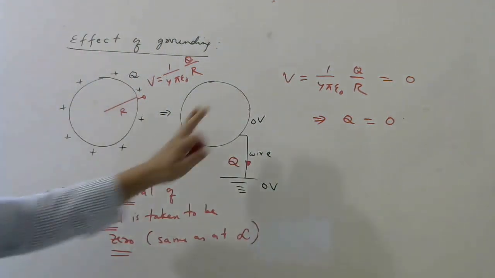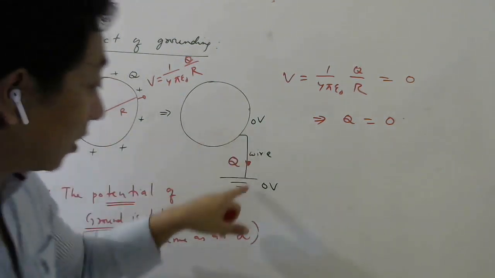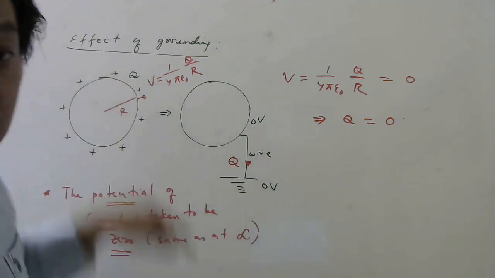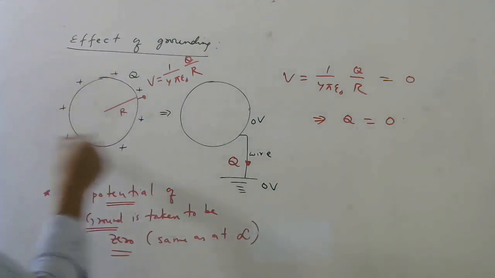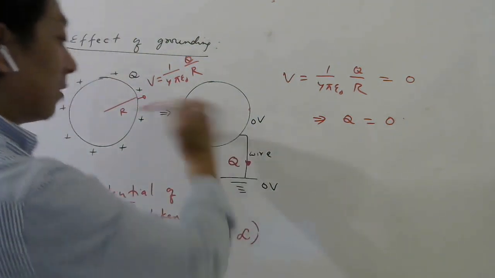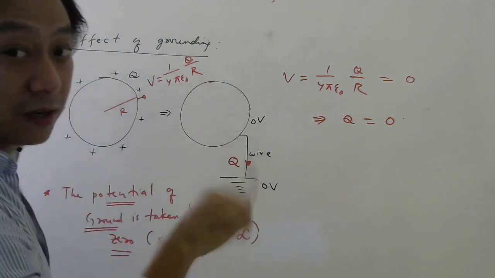Okay, so this is something very interesting, right? If you have a sphere whose charge is q, and you connect it to the ground, how much charge will flow to the ground? Whatever charge was there on the sphere. If it was minus q, then q charge should come this way, so that minus q can be made into 0.